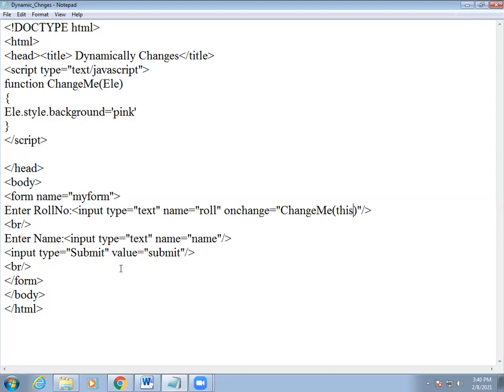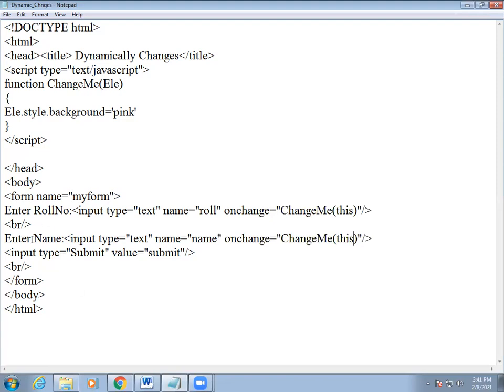Also in this input type, we write onchange here. Onchange equal to our function name. And what is our function name? changeMe, with a capital M. And also in that change function, we write this.